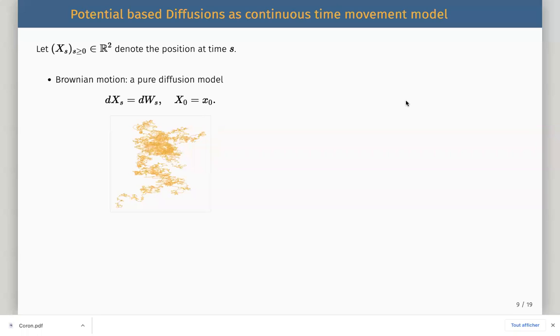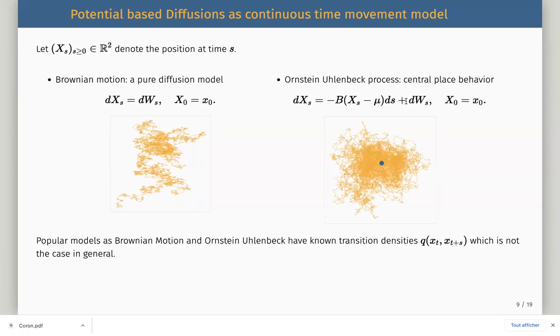And if you do so, it's a very easy model. You know the transition probability, so you can have the likelihood, and the likelihood is very easy to optimize. So it's a very straightforward approach, except that there is no ecological meaning in this kind of model. And of course, no animal will follow a Brownian motion. So there have been some improvements. Here it's using an Ornstein-Uhlenbeck process. The idea behind this process